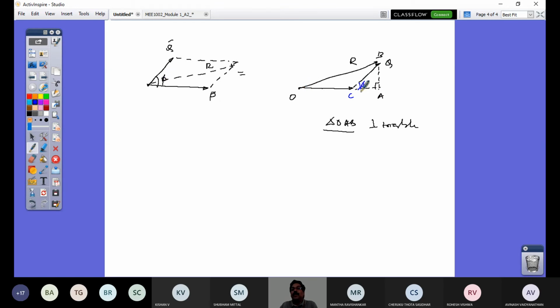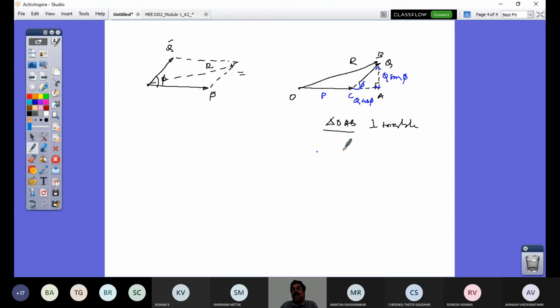So this angle phi. This is going to be Q cos phi. And the opposite side component is going to be Q sin phi. And you know this OC vector is the P vector. Now what is the OA vector? The OA length is the summation of the magnitude of P plus Q cos phi, or the addition of these two vectors.